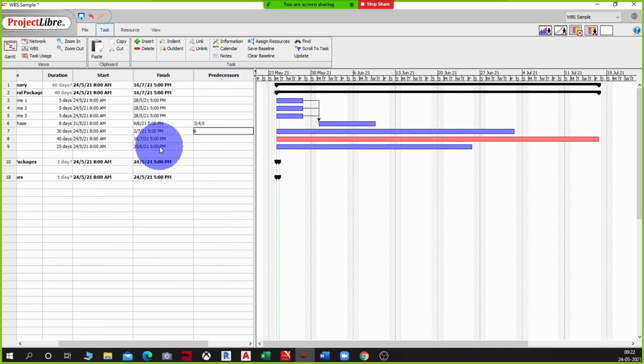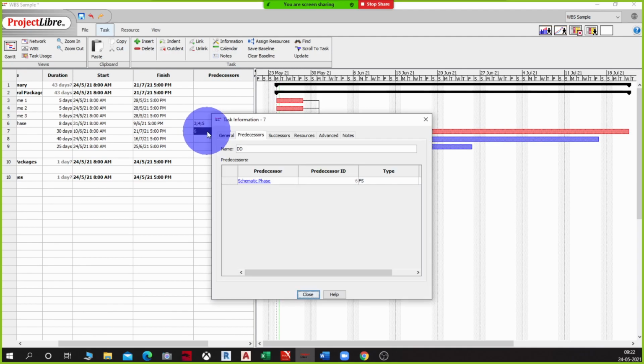However, what I'm going to do is now provide a link to this. Okay, so I'm going to double click on that, and it's going to open the predecessors and successors list for me. And here I can choose the type of connection that I want to have with the predecessor, whether it's finish to start, start to finish, finish to finish, any one of those. So as of now we are taking finish to finish itself, but what we want to do is we also want to give a lag or before time, right?